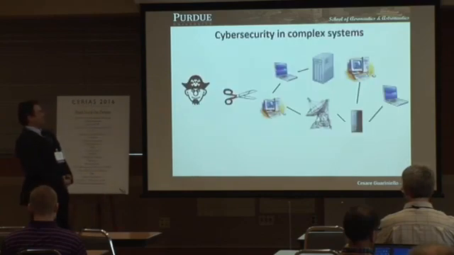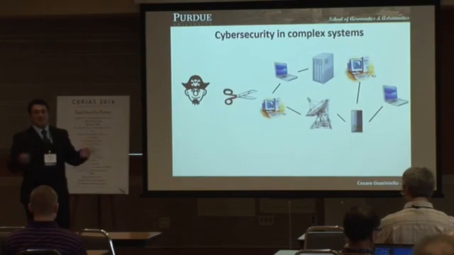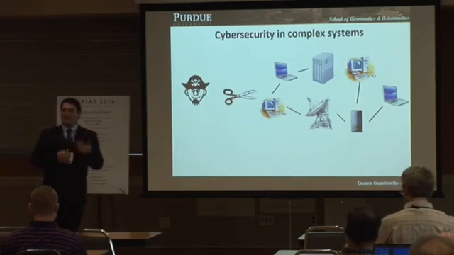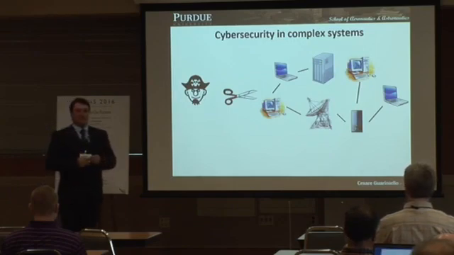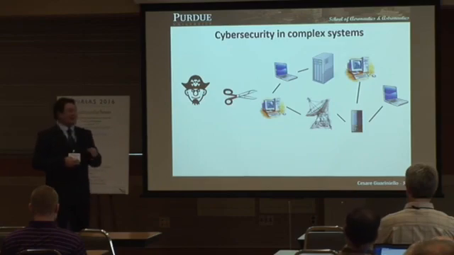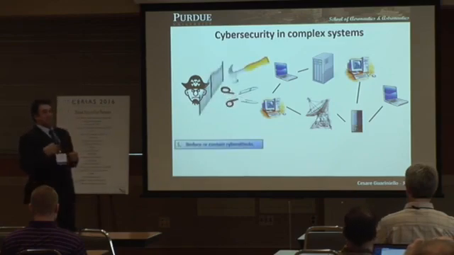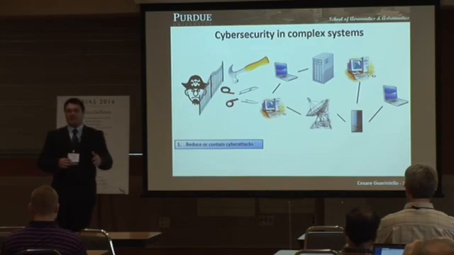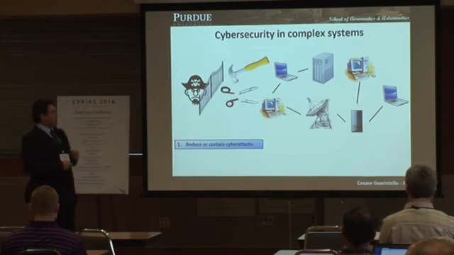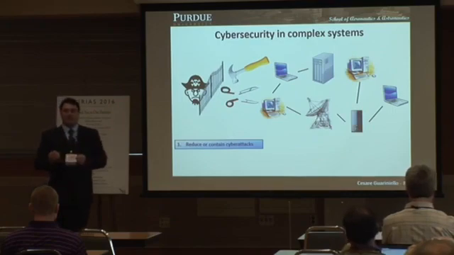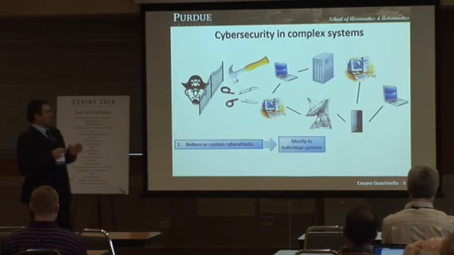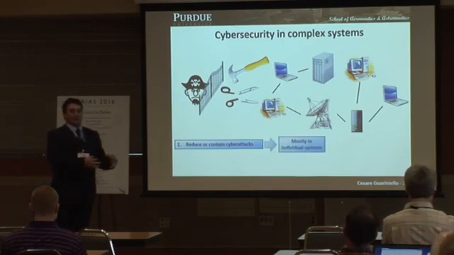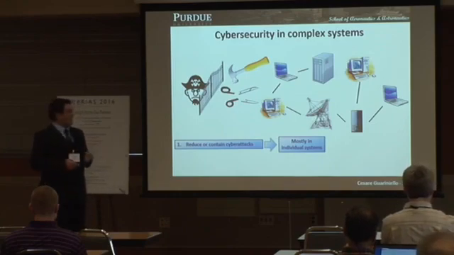Okay, let's start with complex systems. We have a bunch of systems that are connected together. There are systems that need input from some other system. And we got our nice happy pirate who is trying to attack our system. Now, what we can do is basically two things. The first is reducing or containing the attacks. So trying to block people outside our systems or trying to destroy their tools with which they're attacking, so make them unhappy. This is done mostly at the level of individual systems. And this is what we're quite good at doing right now.